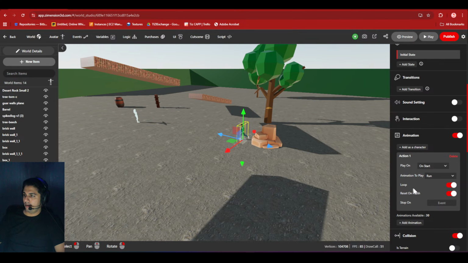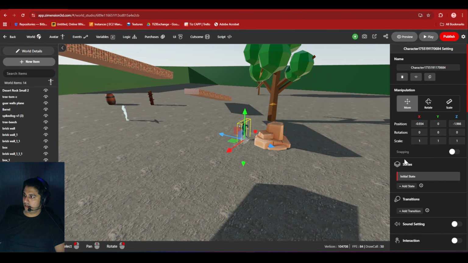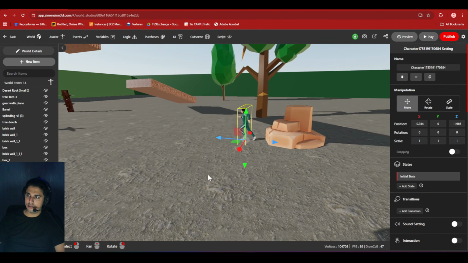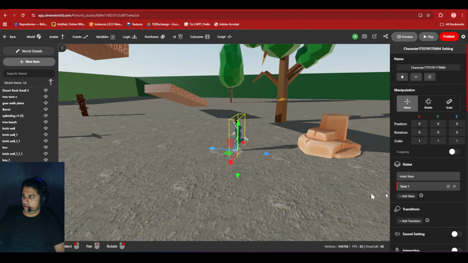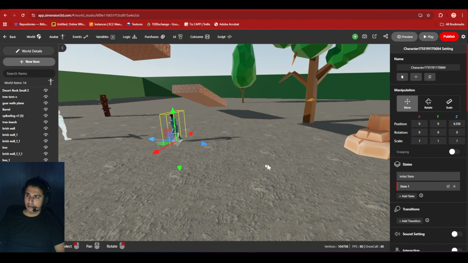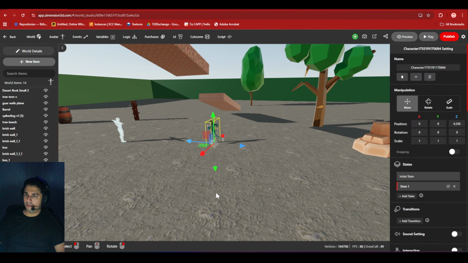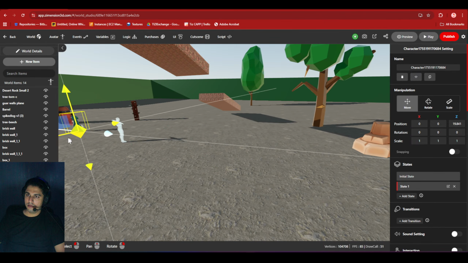Okay. So for that, let us add some transitions. A transition is basically an animation from point A to point B to point C like this. So I'll add another state. This state 2 I'll put here.